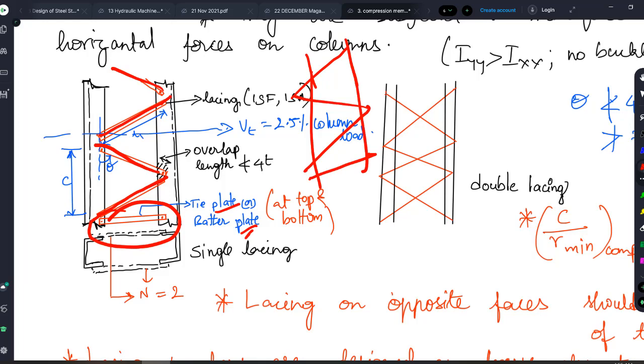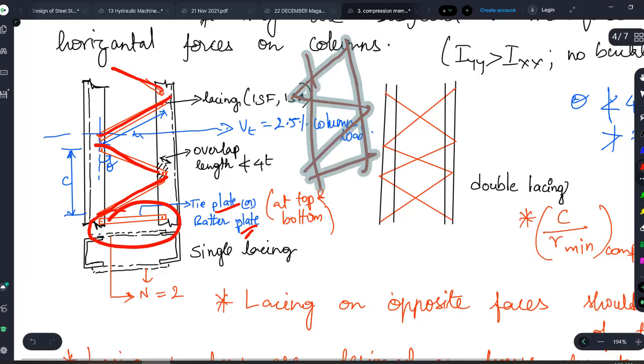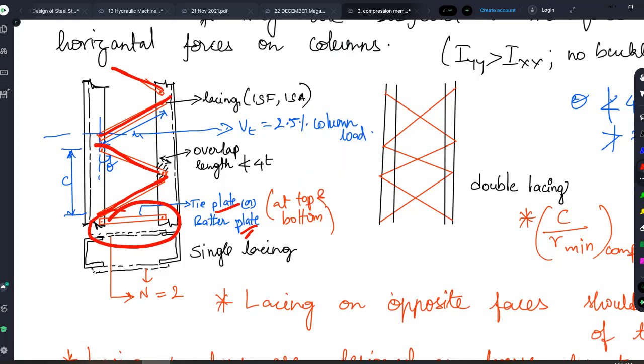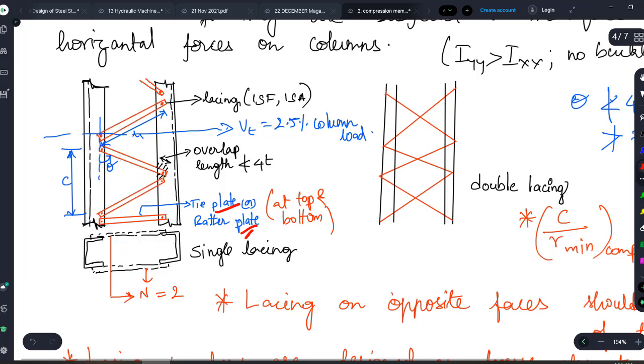I hope it is very clear, right? It could be angle section or it could be flats also. It is up to you. तो ये रहा concept. Now comes the very important thing. See, whenever you are joining something like this, you might have seen in your real life condition also in railway station, most of the columns will be made up of steel only, right? You go and see what will happen is you will be not having these connections on only one side. Okay, इसके पीछे भी side बन रहा है ना, so